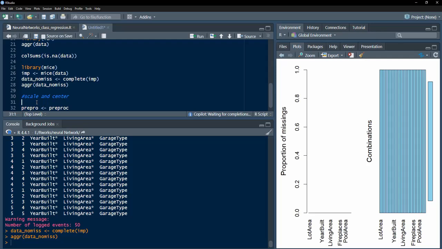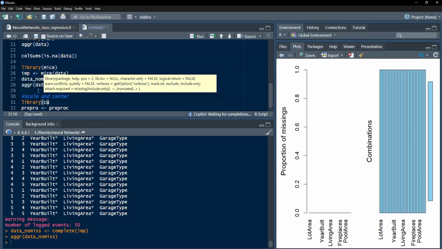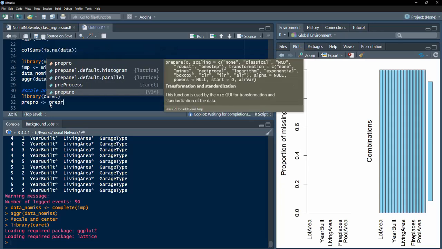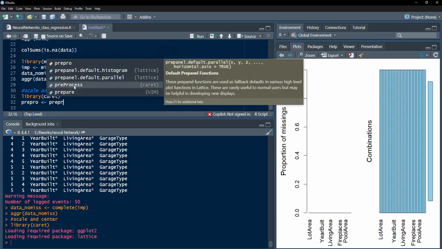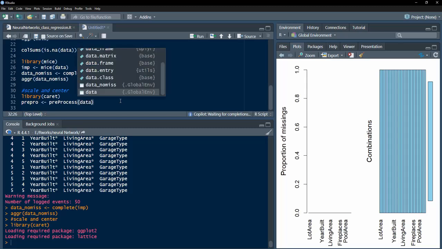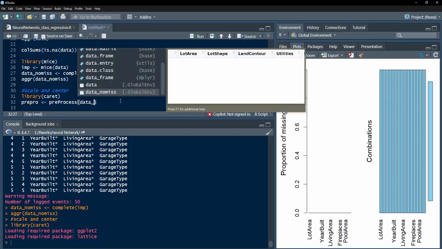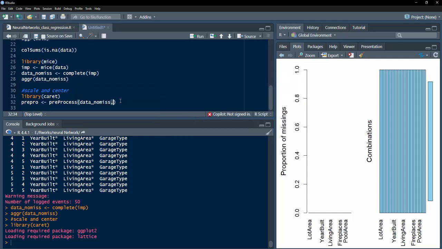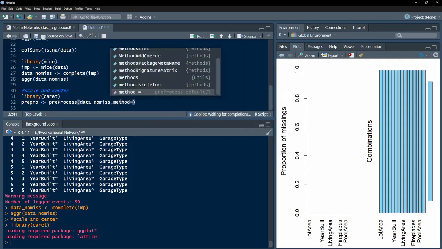I have to call library caret for that, library caret, and run that. Then the preProcess function, I will type the first few alphabets so that I will get that function, and here I will use the first data no miss object, and the methods I use will be